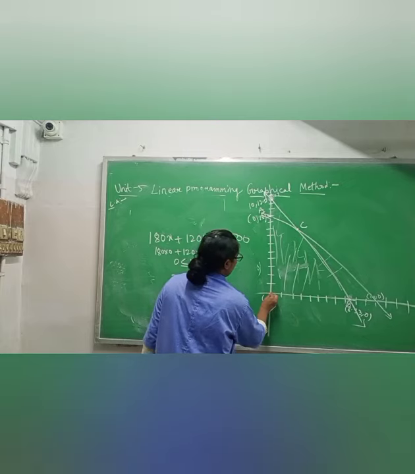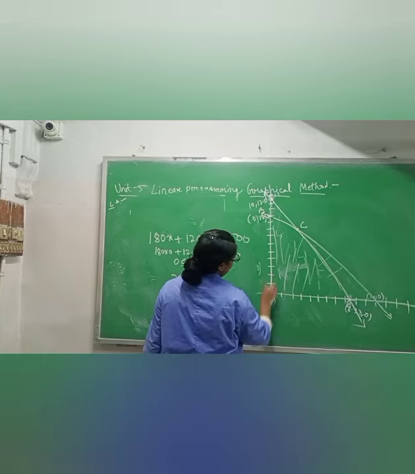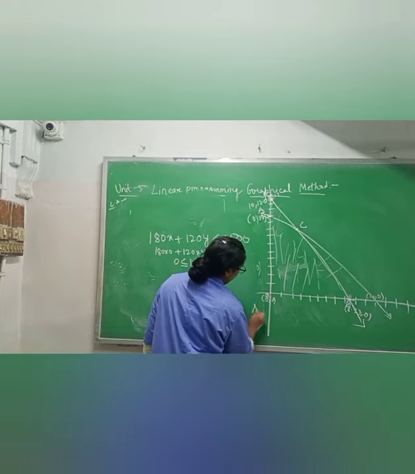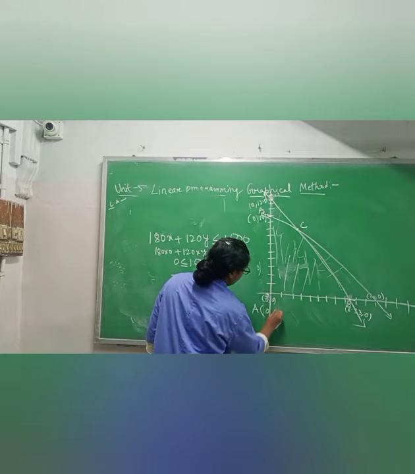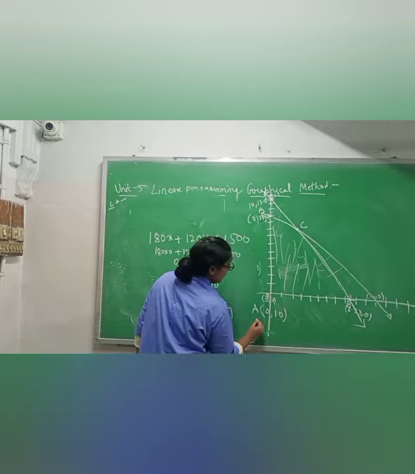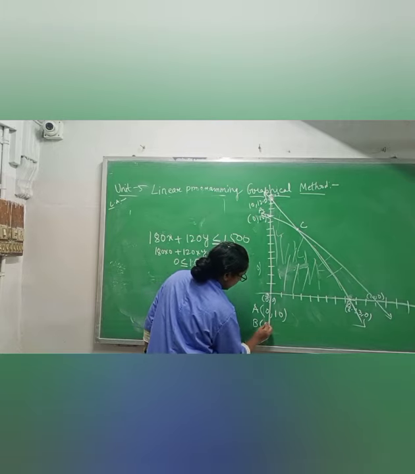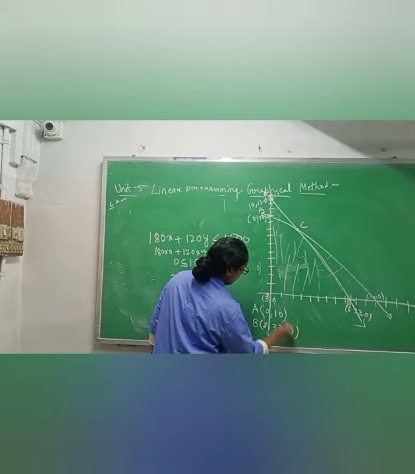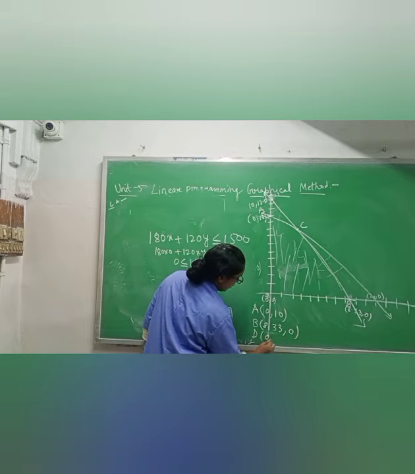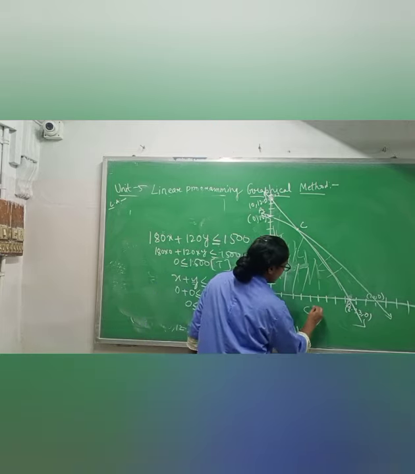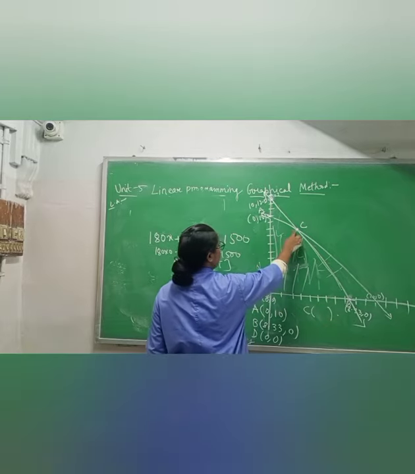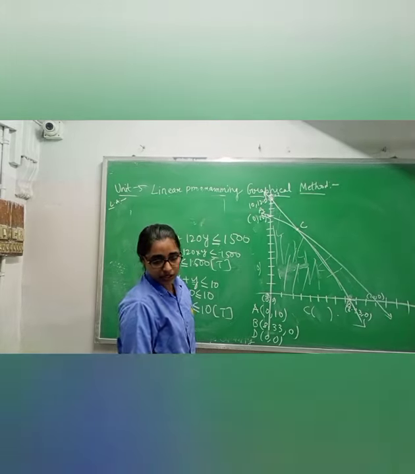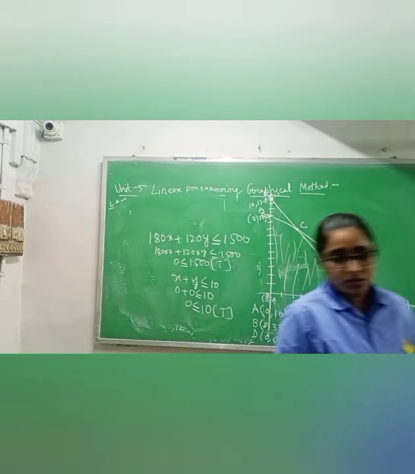This one you can also take. This is also a corner point because we are making it like this. So I am giving it the name D. A I got (0, 10), B I got (8.33, 0), D I got (0, 0). But I don't know what point C is. We have to find point C by solving the given 2 equations. Okay, complete up to here first.